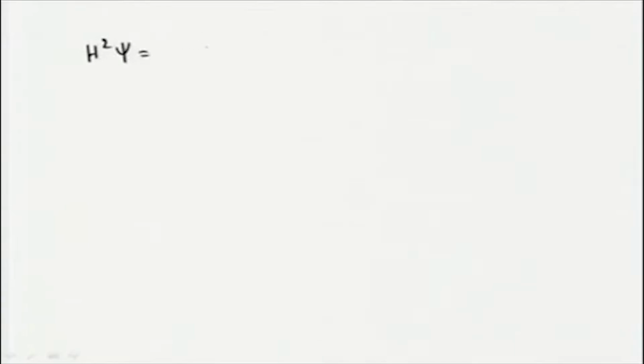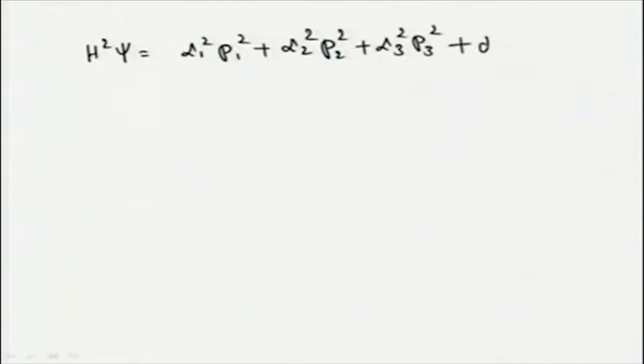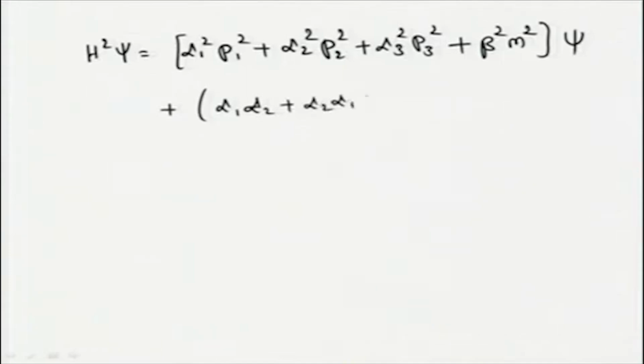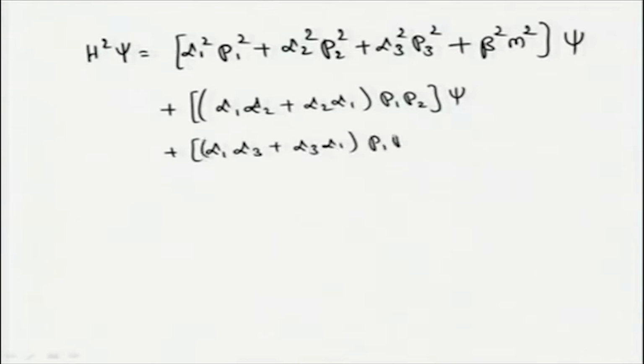H square psi equal to alpha 1 square p 1 square plus alpha 2 square p 2 square plus alpha 3 square p 3 square plus beta square m square psi plus, P1 and P2 commute, so I combine alpha 1 alpha 2 plus alpha 2 alpha 1 P1 P2 acting on psi plus alpha 1 alpha 3 plus alpha 3 alpha 1 P1 P3 psi